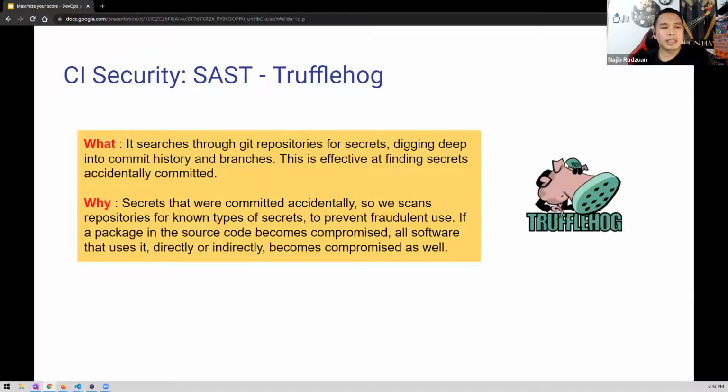And then the second SAST tool, we will use TruffleHog. TruffleHog is a tool that searches through all your Git repositories for secrets. It will dig deep into your commit history and branches, and it's effective at finding secrets that you accidentally commit. So we can scan for secrets that were committed accidentally,